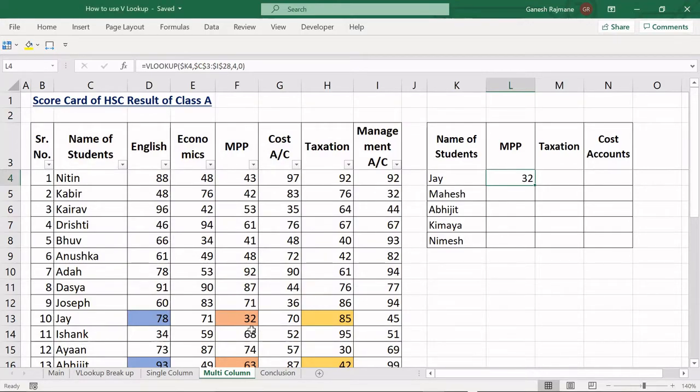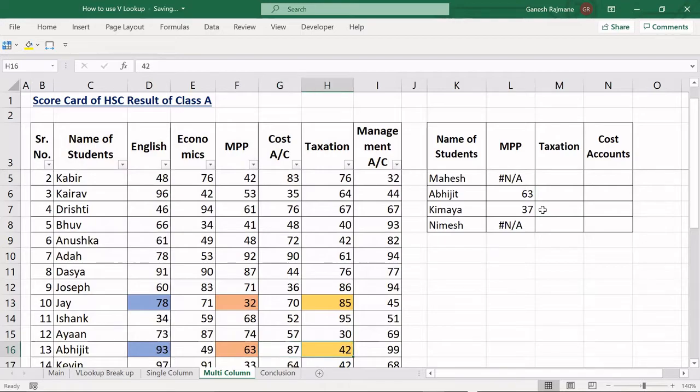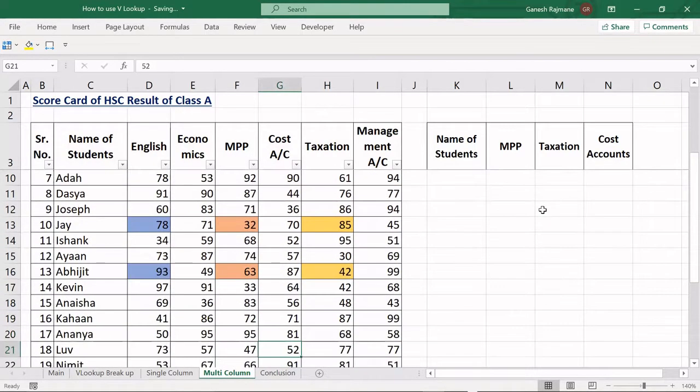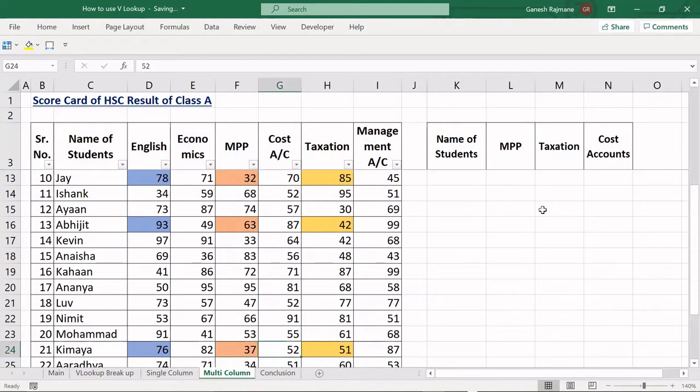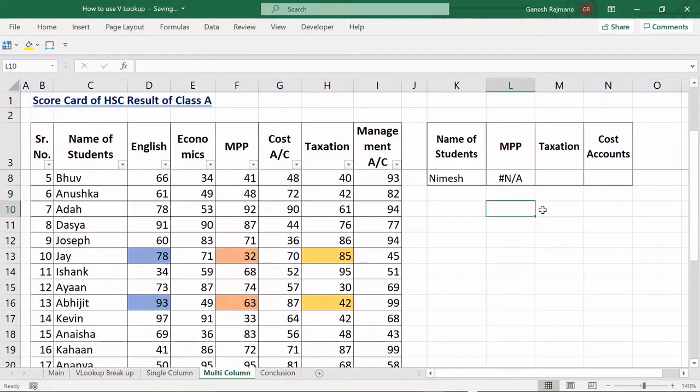Now we can see here in the table, J has got 32 in MPP, and exact match is coming here because we have used VLOOKUP formula. Now I will copy the formula downwards, and we can check that Mahesh was not in the table, so NA is given. Abhijit has scored 63 and we had got an exact match. Similarly, Kimaya also is matching, as 37 she has got.